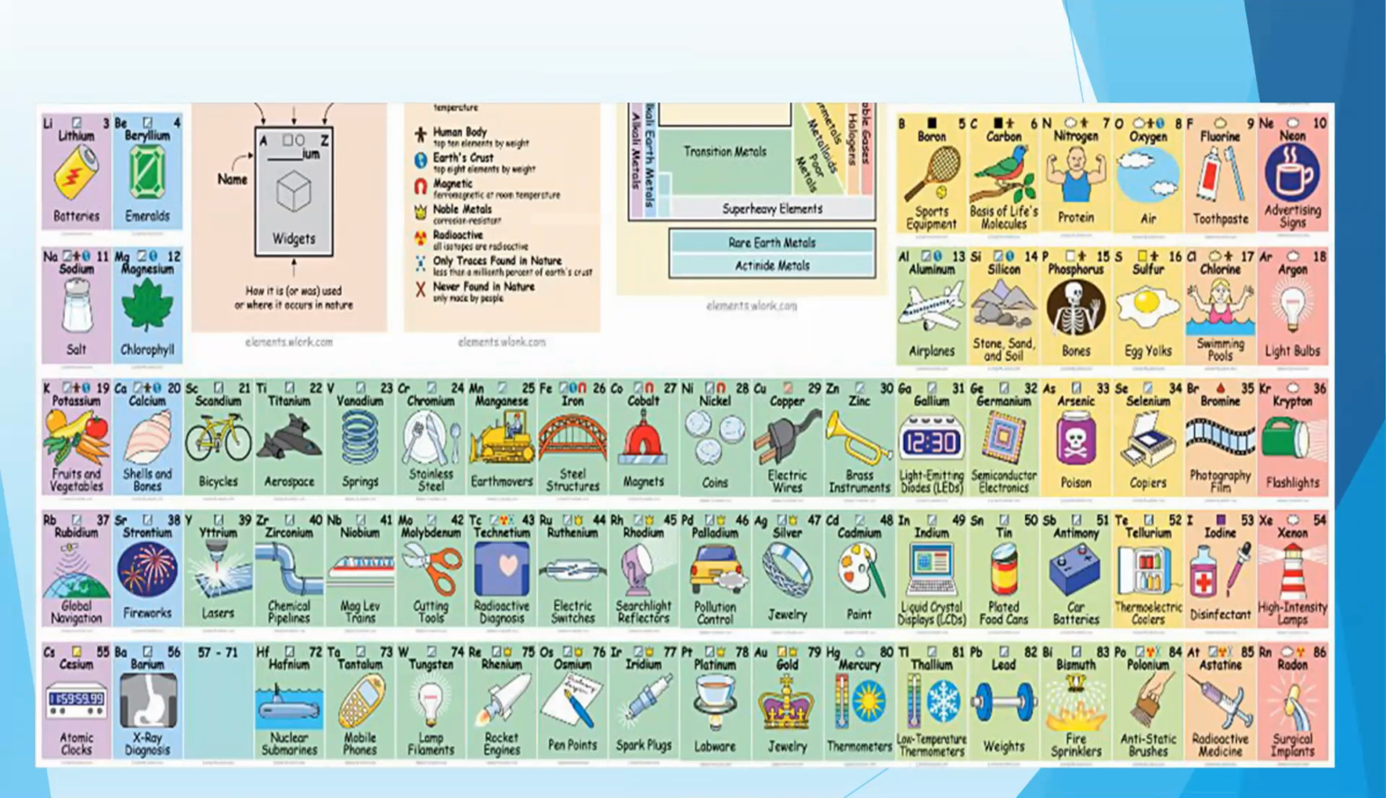This is a periodic table with all the elements and their usefulness. You can see the pictures, right? The particular element is used for the construction of those things that are given in the picture. So just go through it and have a basic idea that we have so many elements in the periodic table and how they are useful